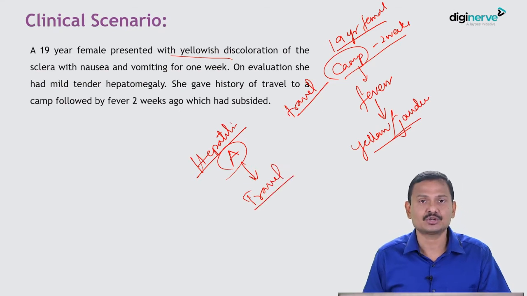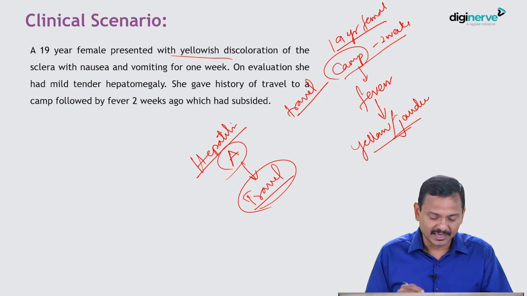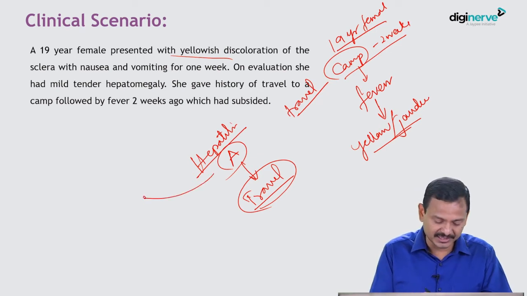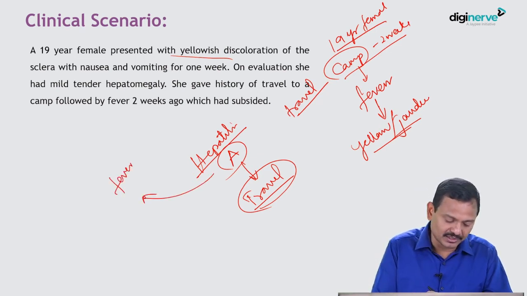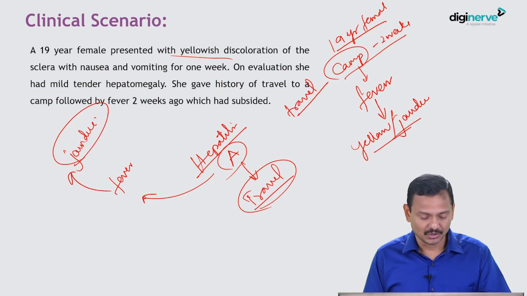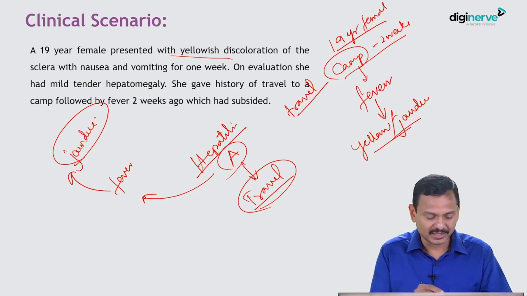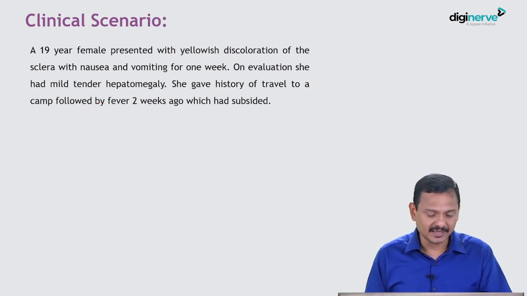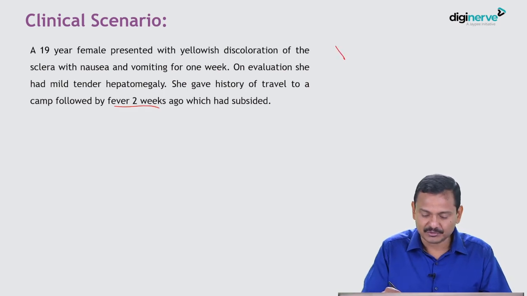So whenever there is jaundice, this travel history is very important. In the acute phase of this hepatitis, this will lead to fever, and later on that will lead to hepatocytic damage, and then there will be manifestation of jaundice. So if you analyze this case, this lady had gone to a camp from where she has acquired this hepatitis